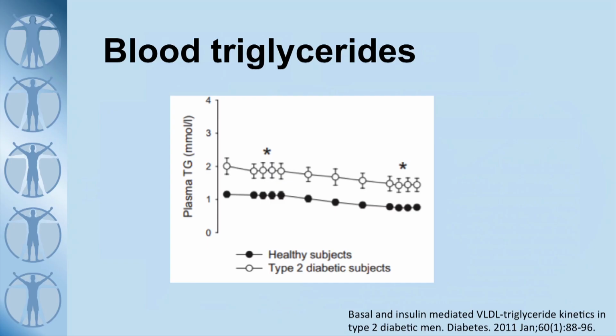Now, let's move on to another of these features of the metabolic syndrome, triglycerides. Clearly, all the epidemiological data out there says if you have a high level of triglycerides in your blood, your risk of heart disease is increased. And this graph here demonstrates their association with diabetes and, by proxy, insulin levels. If you have high levels of insulin, as seen in diabetes, you have high levels of triglycerides.